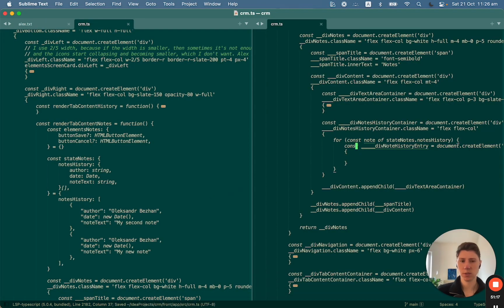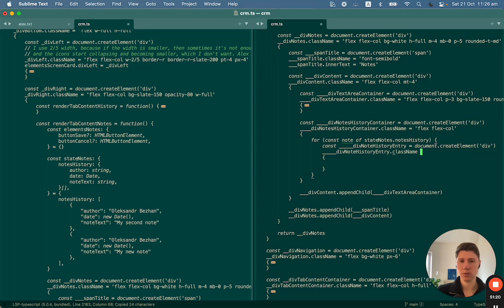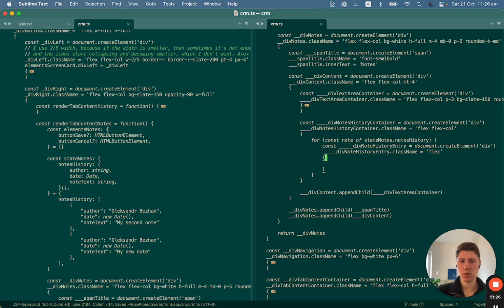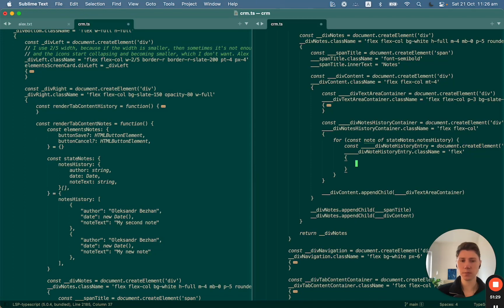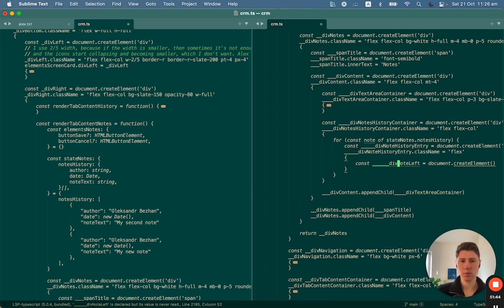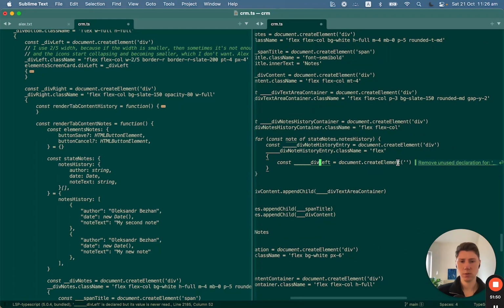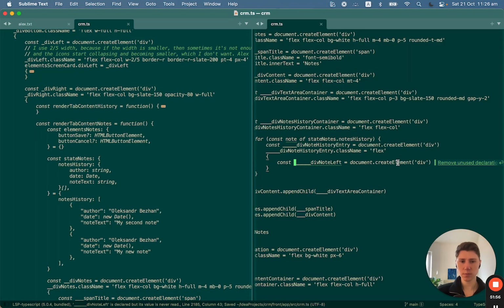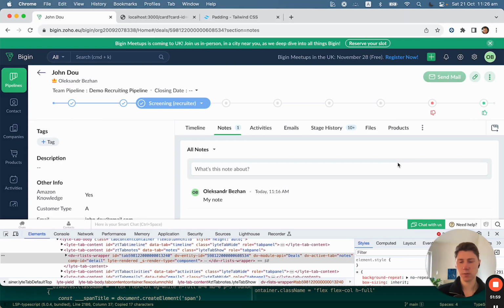So it will be a flex container, flex row, and then inside of that we will have another container, div node left, maybe it's like div left, maybe node left, and then inside of the div node left we will have